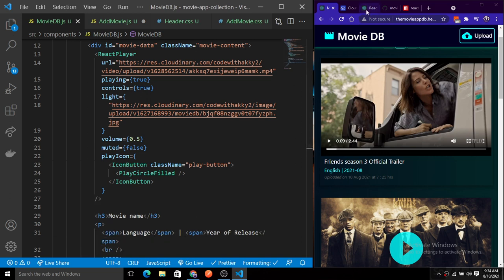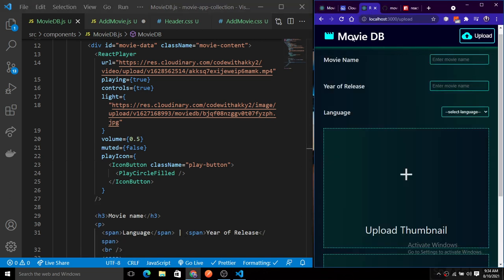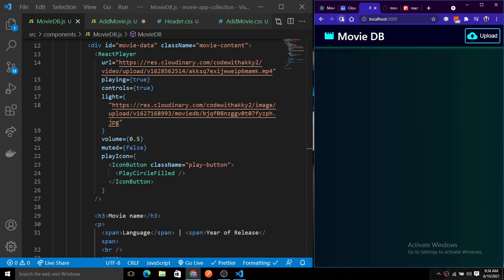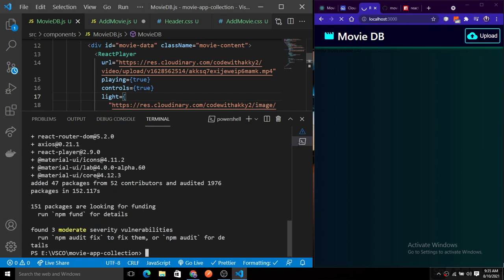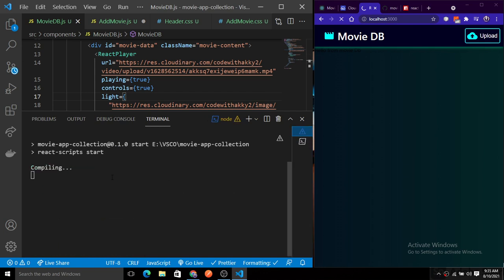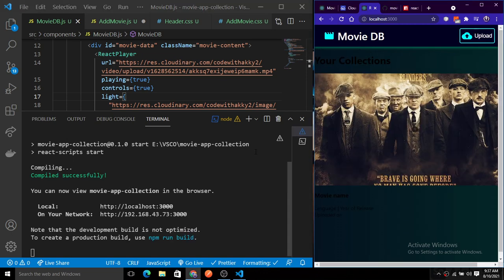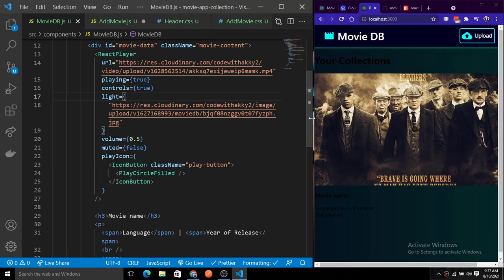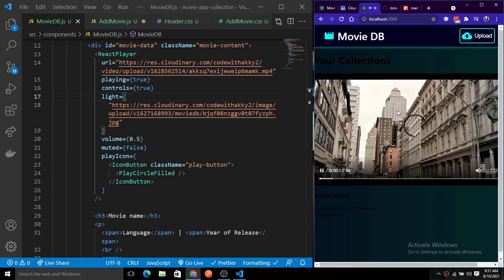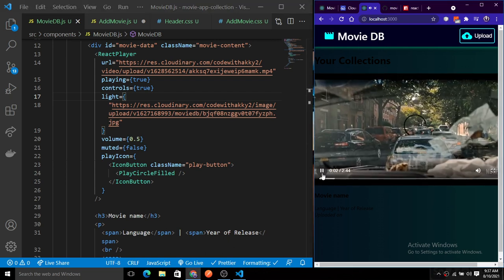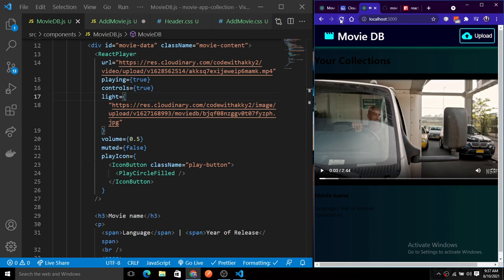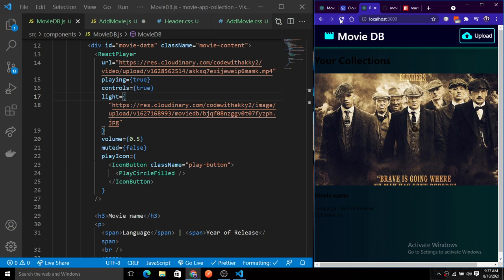Now let's save this and go back to our deployed version here. Go back to the home page, and let's refresh this page one time. I think it is compiling, so let's check whether it is compiled or not. Yeah, it is still compiling, so let it compile first. It is compiled successfully. Now if I click on this thumbnail, you will see that it plays. So this is the power of the React player, right? These things are because of the React player, and now the only thing left is the styling.